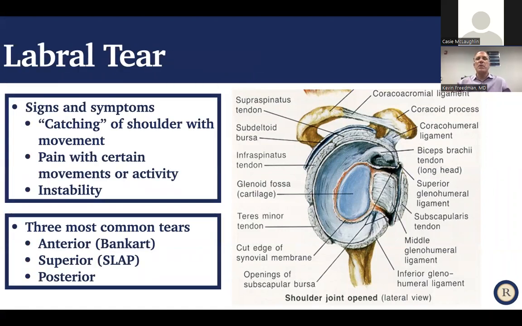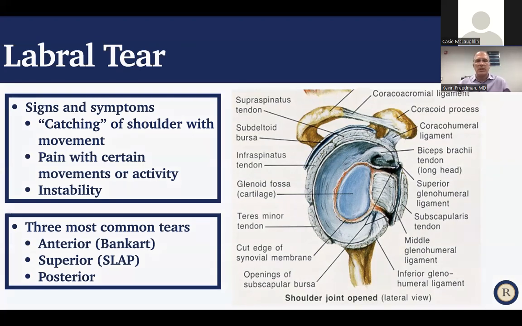What do people complain of with labral tears? It can be catching in the shoulder with certain movements, pain with overhead activities or lifting. People, especially at a young age, can get instability either in the front or the back of the shoulder. And again, the most common would be either an anterior or something we call a Bankart tear, superior or SLAP